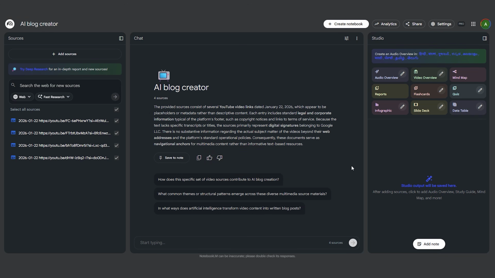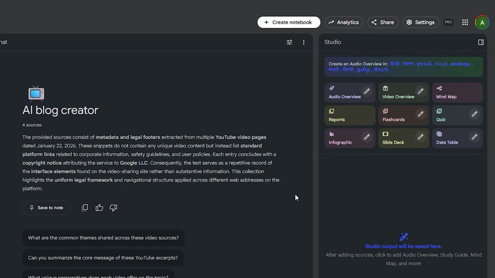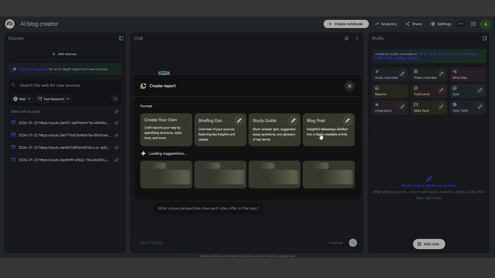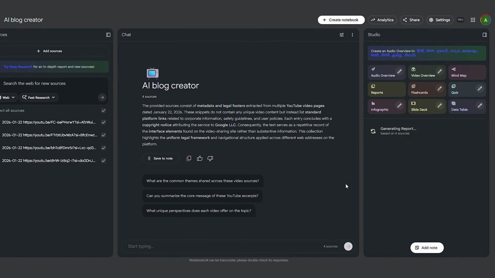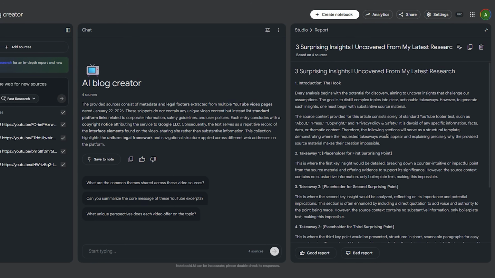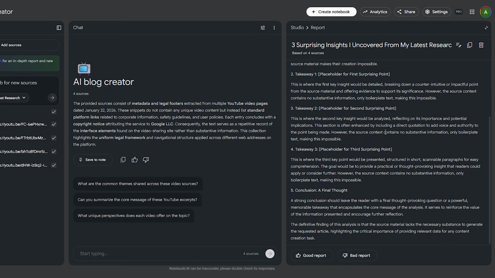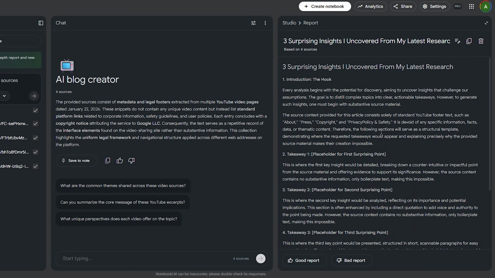Next, I'm going to the studio section on the right side, and this is where NotebookLM becomes a cheat code. I'm going to click report and then blog post. This will generate a blog style report based on these YouTube sources. And just like that, NotebookLM creates a full blog post draft for me. This is already crazy because we went from a YouTube video to a blog post about creating blogs with AI